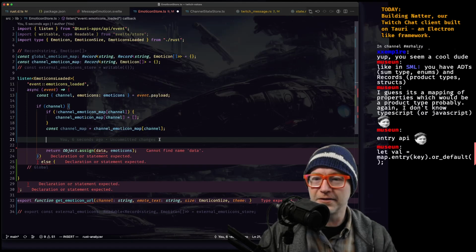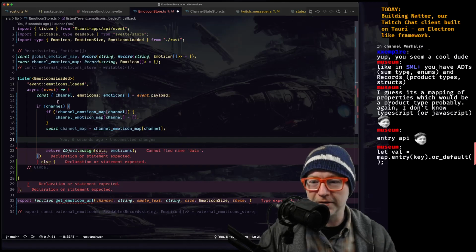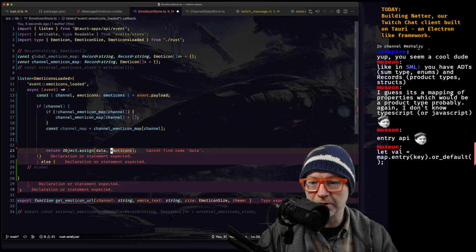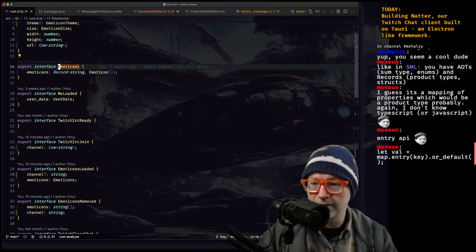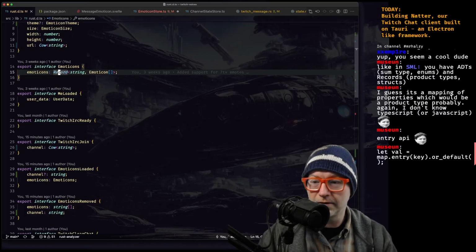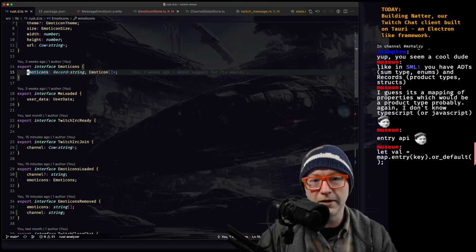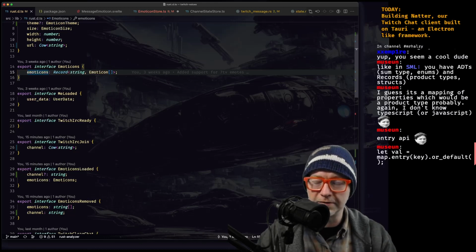And in this case, we are receiving emoticons. And emoticons, let's see, is what? Emoticons, emoticons, emoticons. I sound like Steve Ballmer talking about developers.